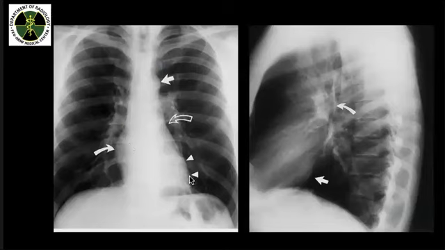The left ventricle, okay, so this is the area of your left ventricle. It is border forming on the left. And then the right atrium in here, it is border forming in the right. Then here is the aortic knob. It is of normal contour, as you can see. And then the pulmonary artery in here, it is usually concave. Okay, so this is the area of your pulmonary artery. This is your aortic knob, the right atrium, the left ventricle in here.